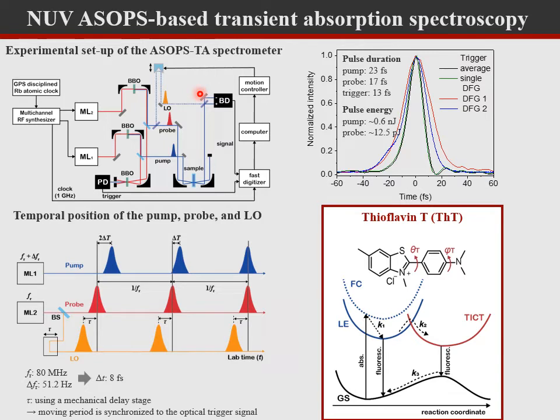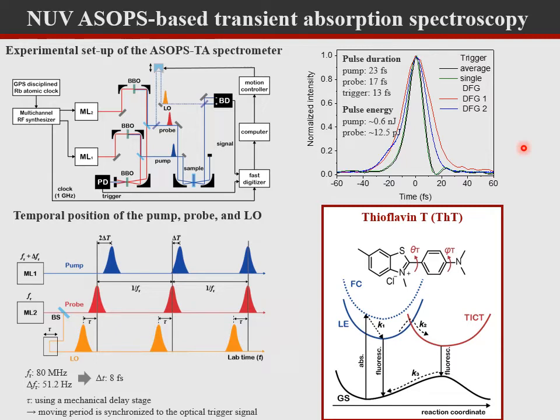After SHG, the remaining fundamental beams in the NIR region were used to generate optical signals that are the sample for the generation of the pump and probe beams. It has a FWHM of 13 femtoseconds. The frequency-resolved ASOPS-TA spectroscopy involves interferometric detection of the pump-probe signal field, amplitude and